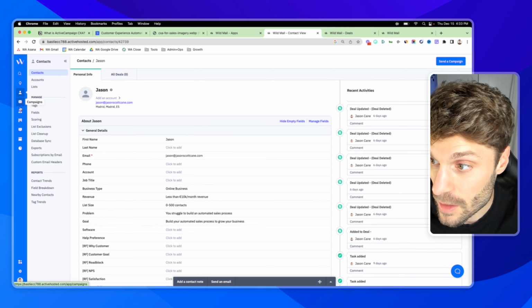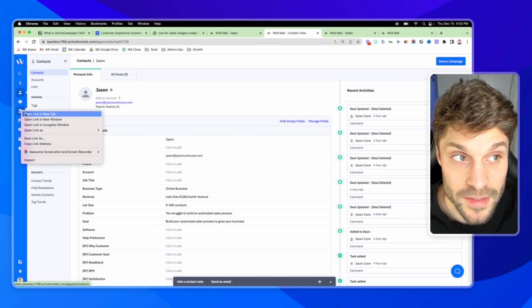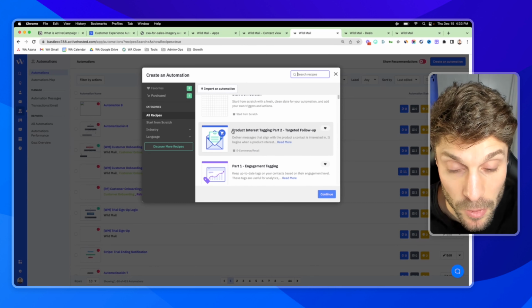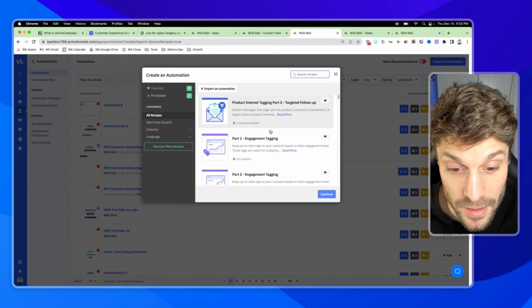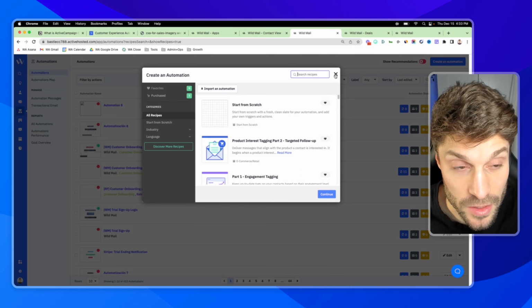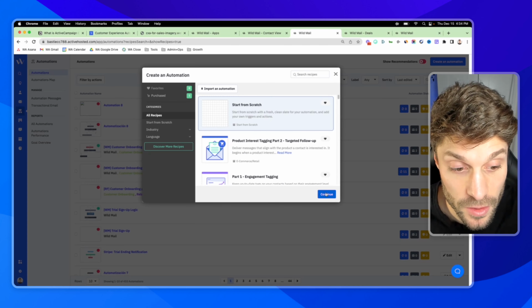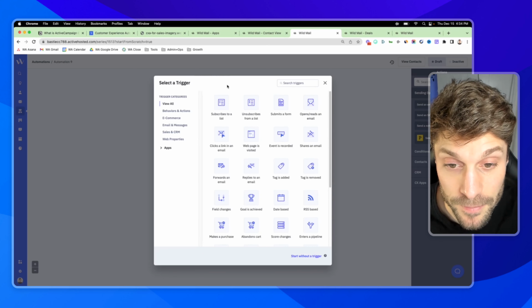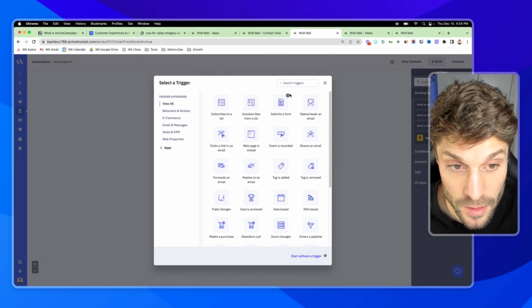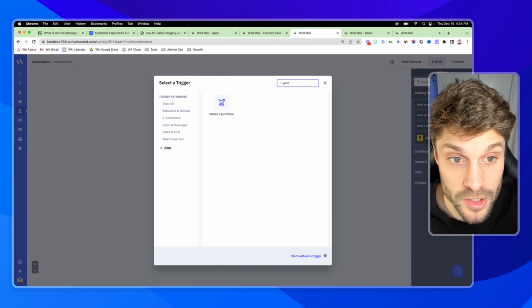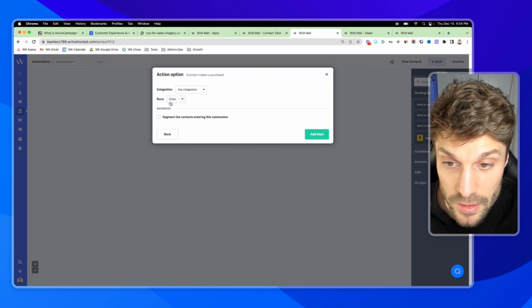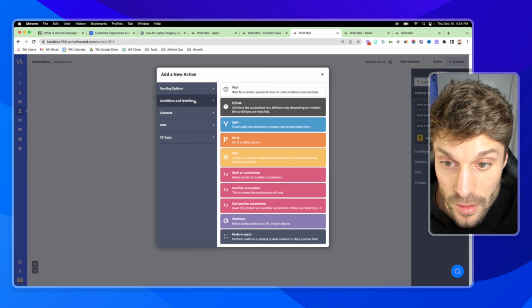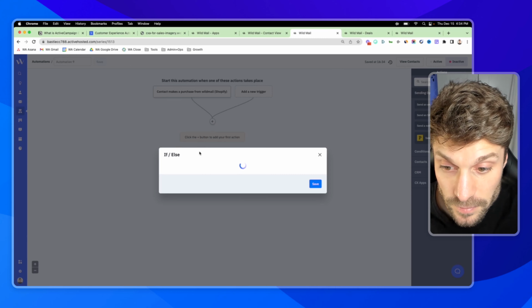So just to show you a bit more of how that works, inside automations, if I create a new automation, let's say I want to tag people based on their product interest, we can do that. That will help with segmentation. If I want to just start from scratch, I can do that and just show you the power of segmentation inside ActiveCampaign. If I wanted to, let's say, see who has made a purchase, any integration, we'll choose the Shopify, add start. And now conditions and workflow, if else,